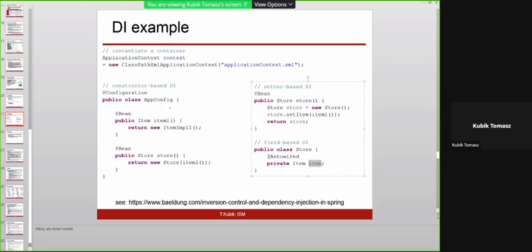So whenever you have an @Autowired annotation in front of some field inside your source code, it means that the item will be initialized using some configuration which will deliver a proper instance